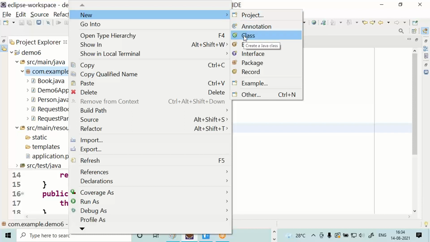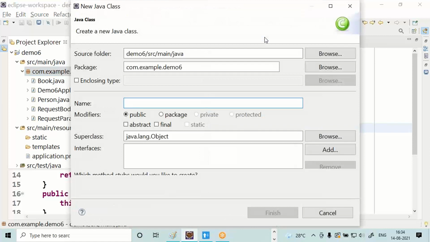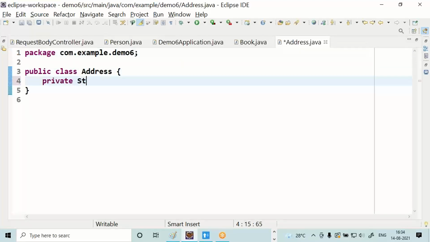Define one bean class. Right click on the package, go to new, select a class. Choose the class name as Address. House number.